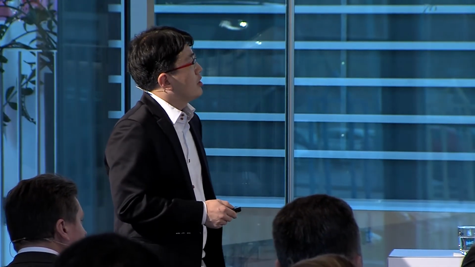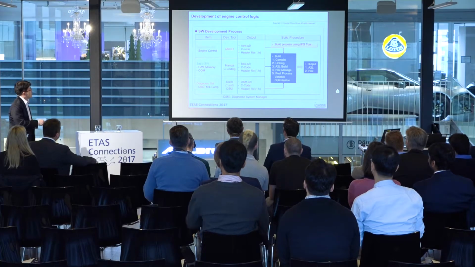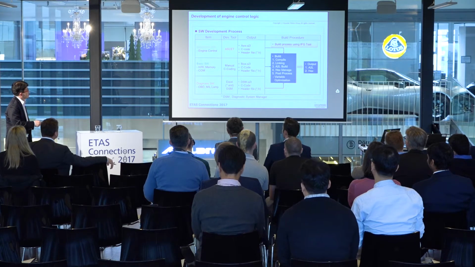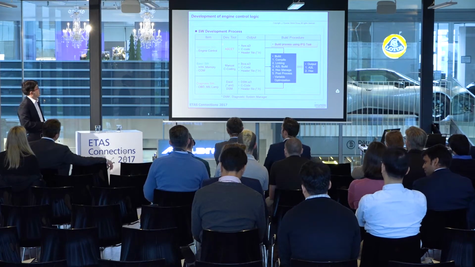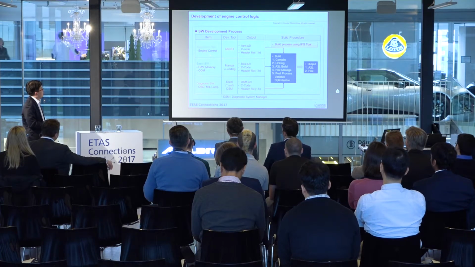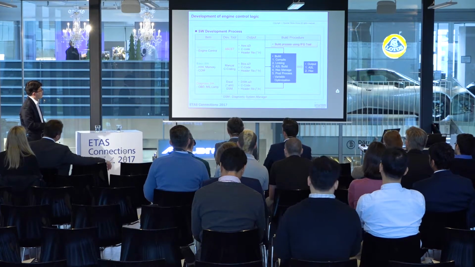Our software development process proceeds as follows. The first, application software, is control logic related to engine and vehicle driving. ASCII is used as a tool to develop application software. The A12 and C code and header file are created as a result.